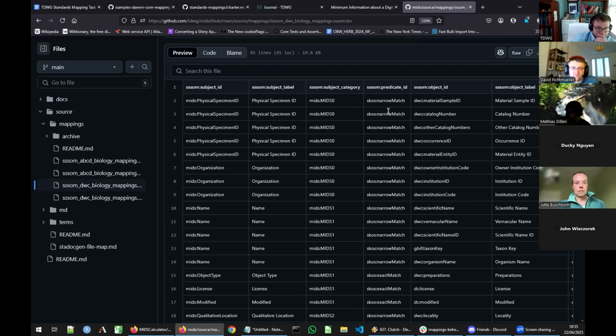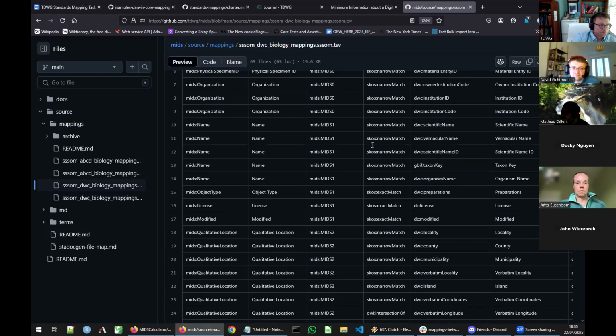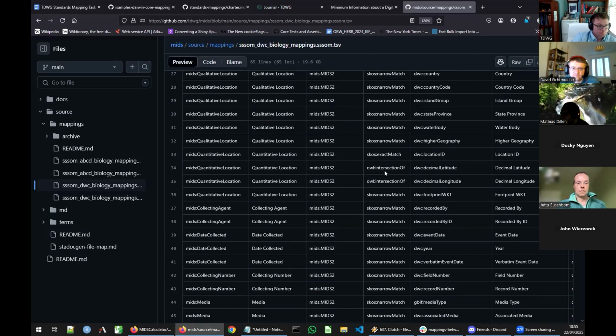We've done this mainly to be able to specify some simple logic of mapping. So that would be exact match, but also narrow match, which we use for an OR operator. And we've also set up, you can see those here, another from the OWL vocabulary, intersection of, to be able to specify an AND logic. So that means that multiple properties need to be populated for this condition to return as true.